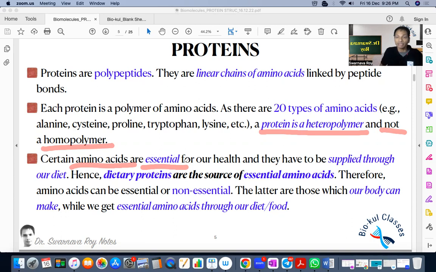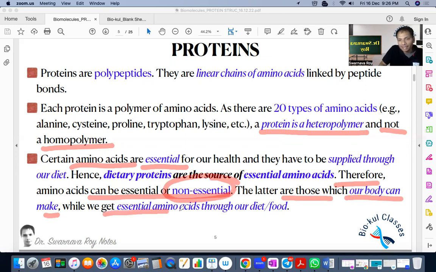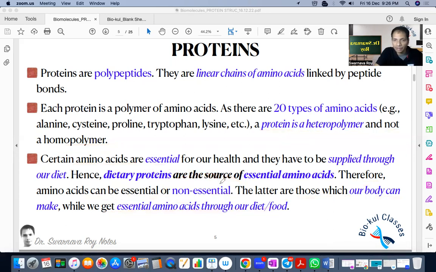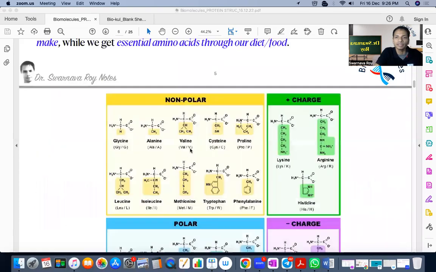Non-essential amino acids are amino acids which our body is making. Since our body is synthesizing the non-essential amino acids, that means we don't need them in our diet. So amino acids can be essential or non-essential. The latter, the non-essential amino acids, are those which the body can make, while we get essential amino acids through our diet, through our food. So here is a table